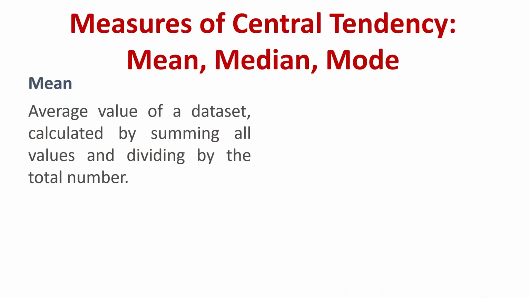The mean. The mean is simply the average. The average value of the data set. And this average value is calculated by summing all of the values and dividing them by their total number. For example, the heights of the students in a certain class, and we have some of these heights. To calculate the mean, which is the average, we will sum all the values that we have. Here we have 3 values, for example, and the result of the summation is divided by their number. We have 3 values, so their number